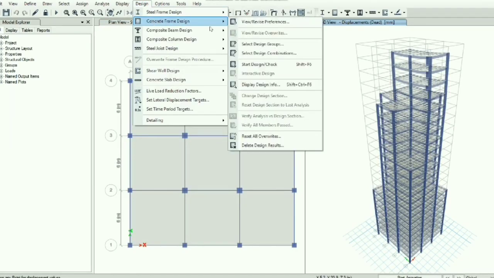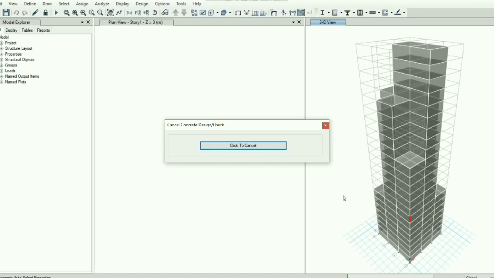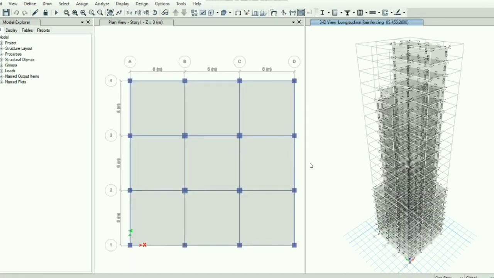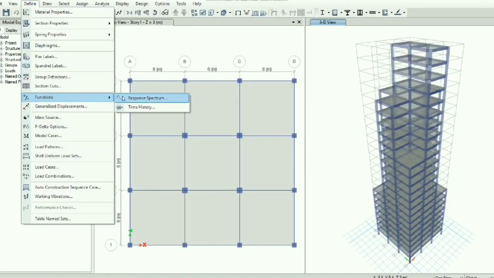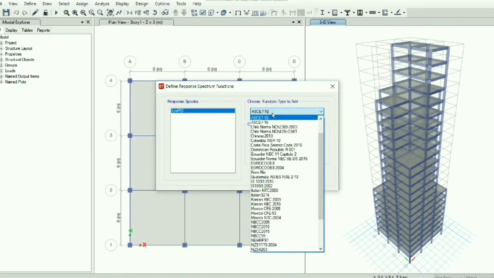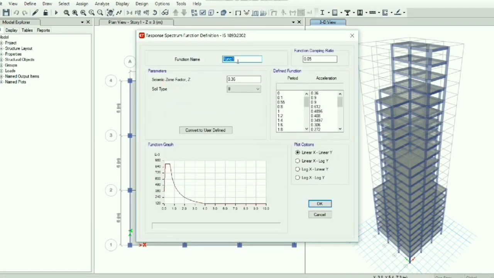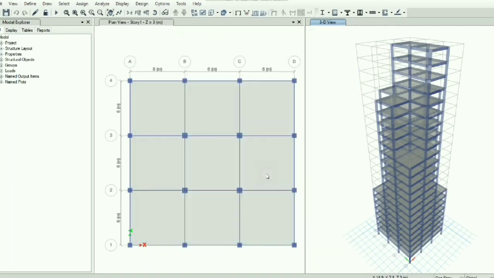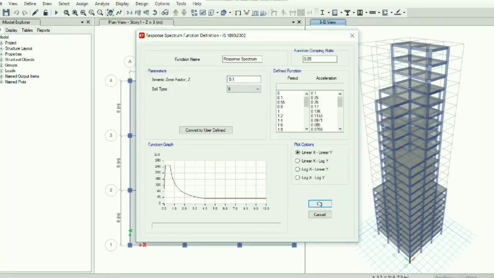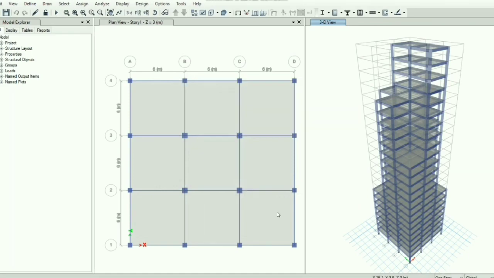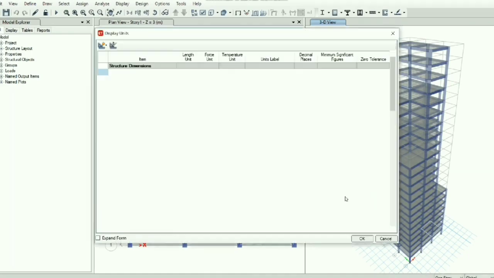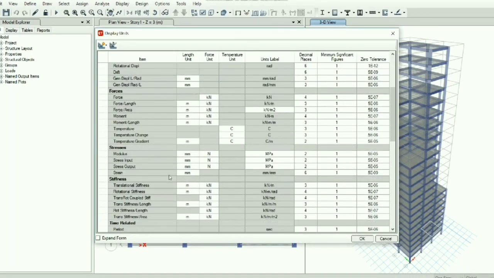After ensuring that the design code is IS 456 only, and now we will define the response spectrum function, which is a linear dynamic analysis method only. We'll be using the settings according to IS 1893. We'll use Control U to check the units for acceleration,